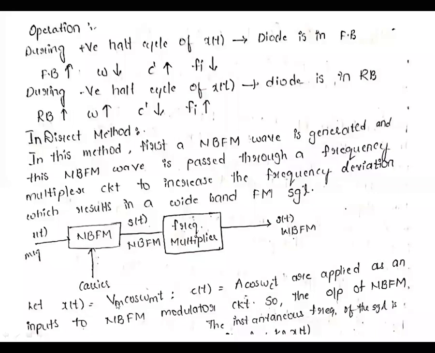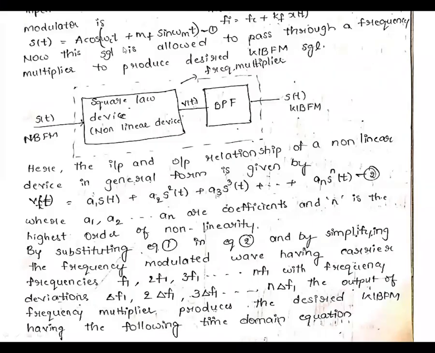Okay, the message signal m(t) is Vm cos(omega m t). That is the message signal or baseband signal, and the carrier Ac cos(omega c t) is applied to the inputs of the narrowband FM. The output of the narrowband FM is Ac cos(omega c t) plus m(t) sin(omega m t). This resembles Ac cos(omega c t) plus beta sin(omega m t). This is the frequency modulated wave, expressed in terms of beta.